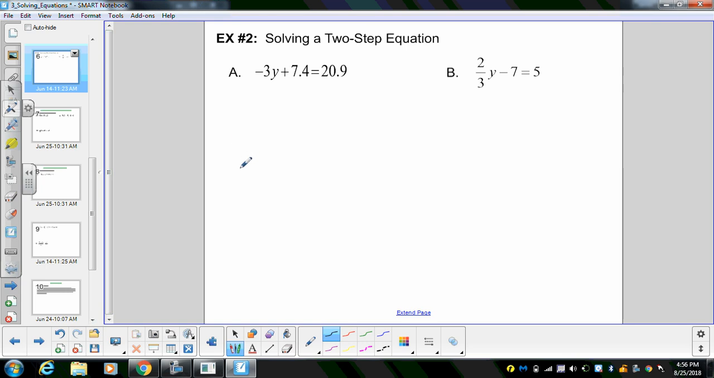Alright, so let's do solving two-step equations. The one step should have been real nice and easy. If not, do some more practice. So let's look at a two-step equation. Here I have negative 3y plus 7.4 equals 20.9. The very first thing you want to do is get rid